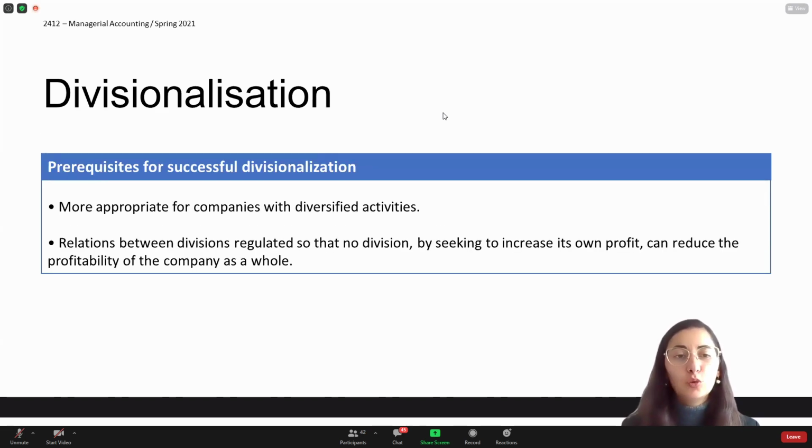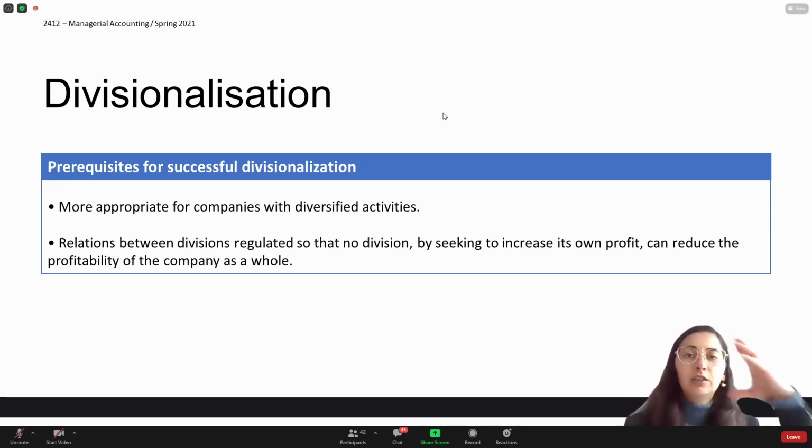What is needed to have a successful divisionalization? First, it makes sense to apply this divisionalized structure for those organizations that have diversified activities. If we have a company that produces one or two products that are very similar, it probably doesn't make sense. But if you have a very large company like Unilever,